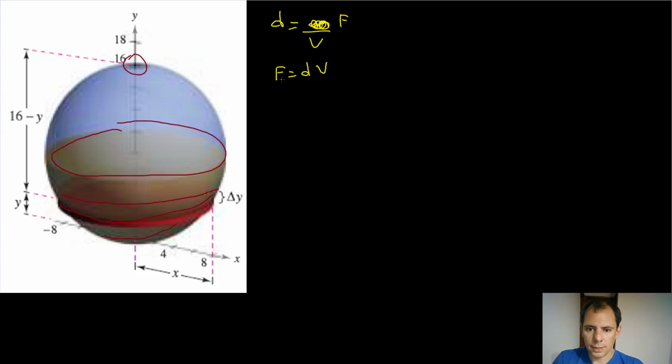Now, let's check this out. What did the thing say? The force in this case, guys, is the weight of the disk, right? How do you calculate the weight of the disk? Well, it's going to be the density times the volume. So what is the density? The density is 50 pounds per cubic foot. So force is going to be equal to 50 pounds